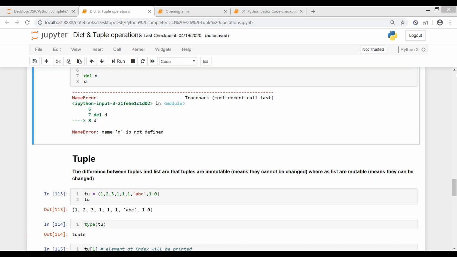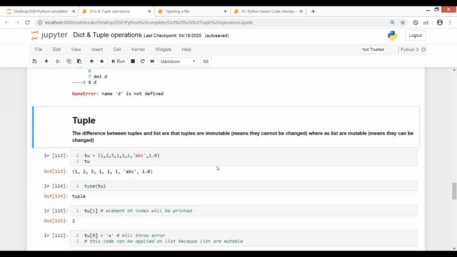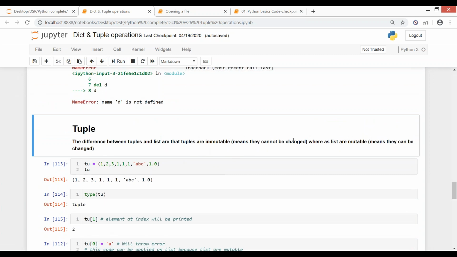आप बस उनको कुछ तरह से access कर सकते हो, but ना उसमें कुछ insert कर सकते, ना उसमें से कुछ हटा सकते हो. Now like cannot delete anything or insert anything, so they are called immutable for this reason. Okay, so tuples are defined using round brackets. Anything written in round brackets will be a tuple. So if I'm using round brackets and all these values, again tuple will accept all kinds of values. There is no such restriction that only integer should be given or string or float should be given.